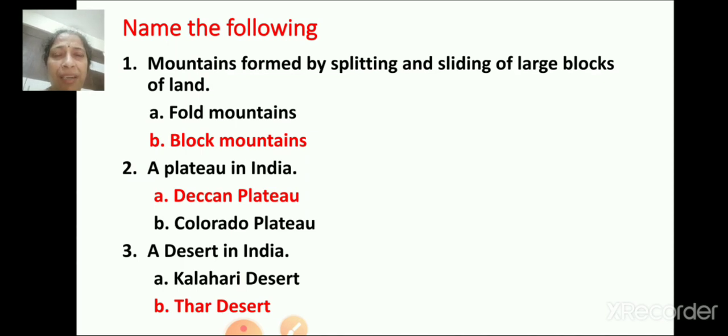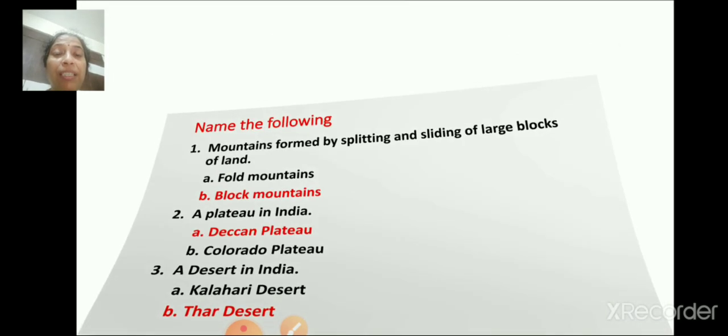Children, do you remember in the previous video I had explained to you about an activity? That is map plotting. You had to plot the places on a map. Do you remember? Okay. You also have an activity to do, that is drawing. You have to draw two pictures. Okay, I'll just explain to you.